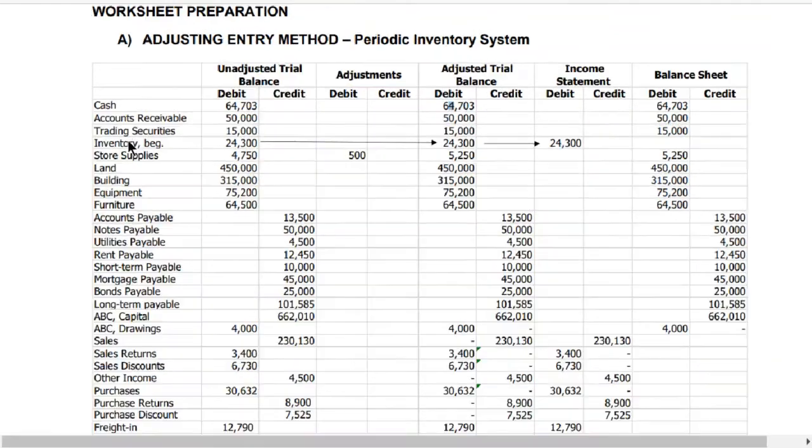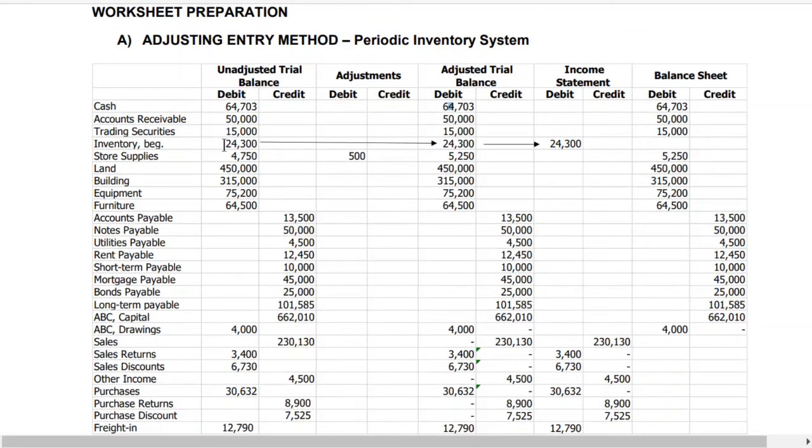So for the inventory beginning, for this amount here, debit balance, so we will just also copy that here. And then the rest, so for example, for this one, store supplies, since there's a debit for 500 pesos, therefore, since both are debited, so debit balance and then debit of 500, we are going to add, and then it resulted to